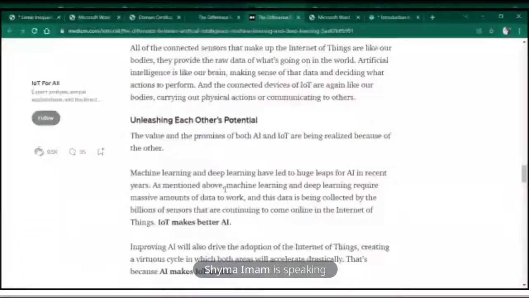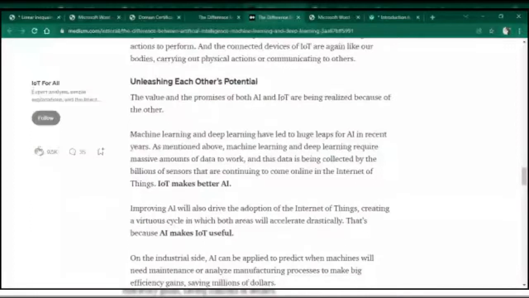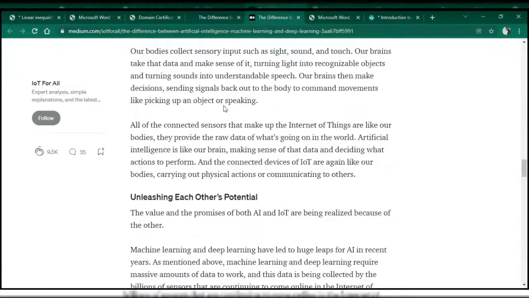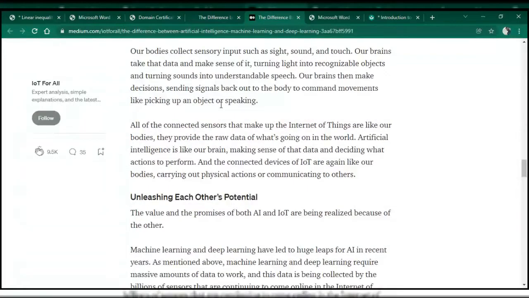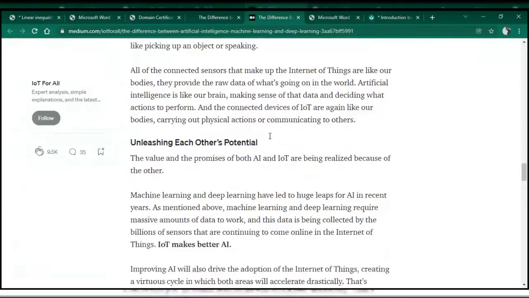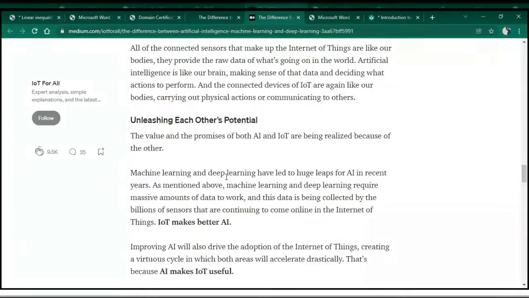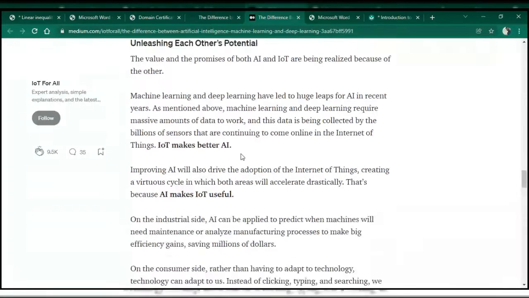Unleashing each other's potentials. This means AI and IoT are helping each other. What I told here, that bulb thing, is a very local thing. You can put both the light sensor and the motion sensor in one place. But what IoT, Internet of Things, tries to do is this: you might be sitting here, another sensor might be in America or somewhere on the moon, and it will connect all those sensors and give you proper service. It will be able to perform better.